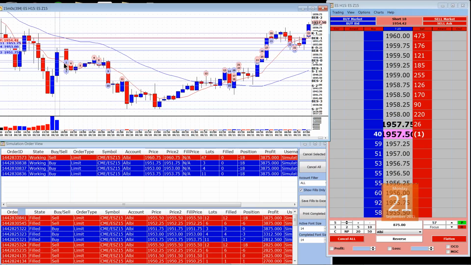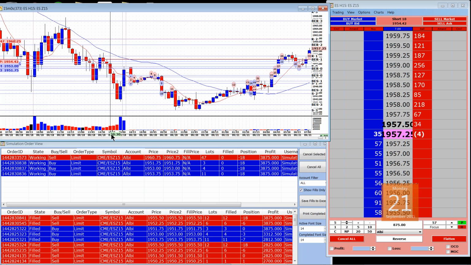So you can see how not only are we keeping track in the order book, but the chart is also getting notated as to where and when the trades were actually placed. To make it a little bit shorter video, you can see how the trades from midnight last night, not midnight,